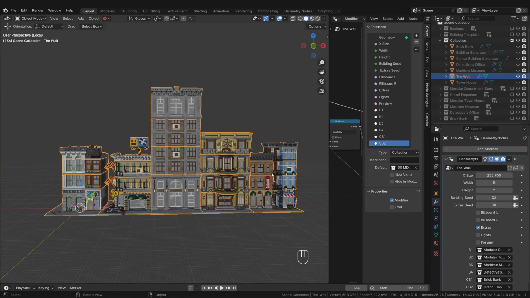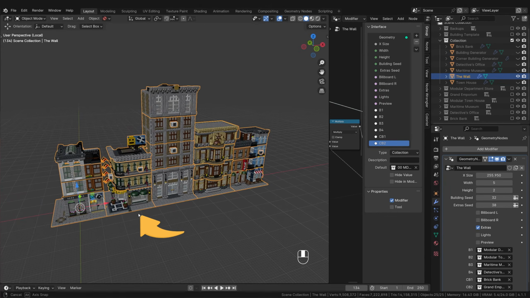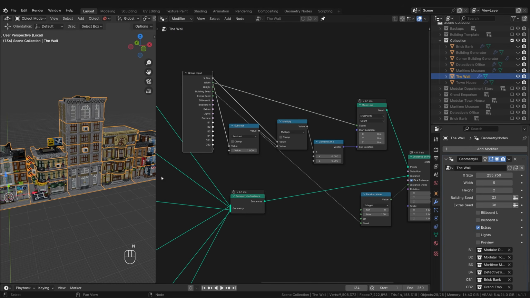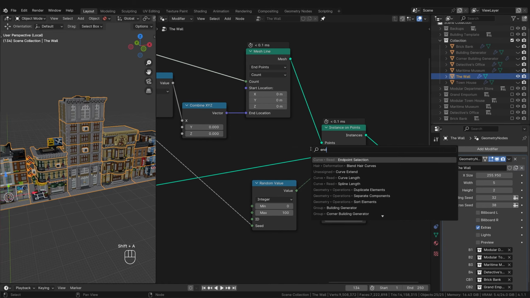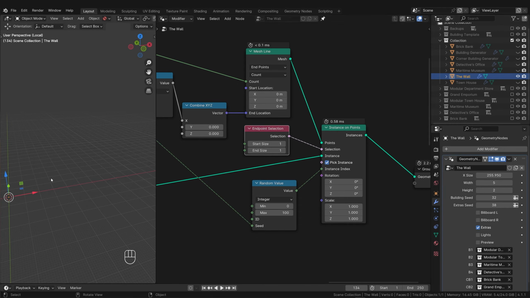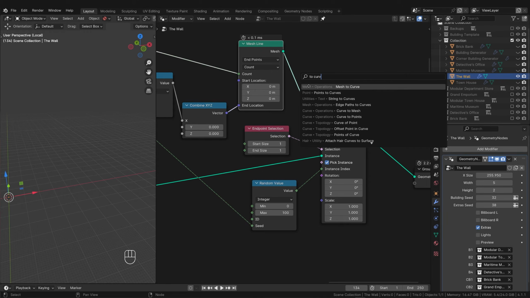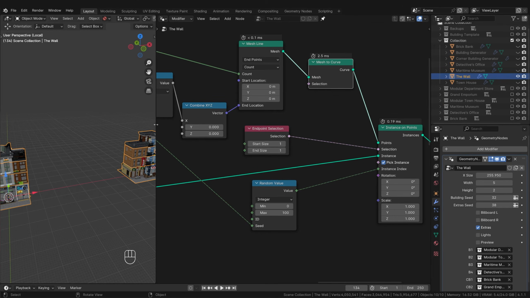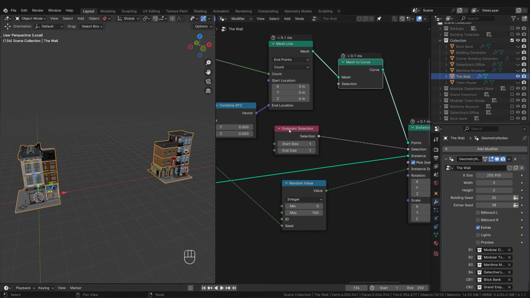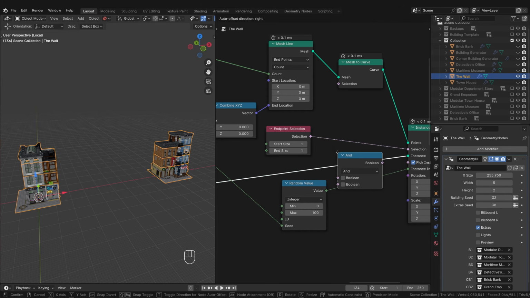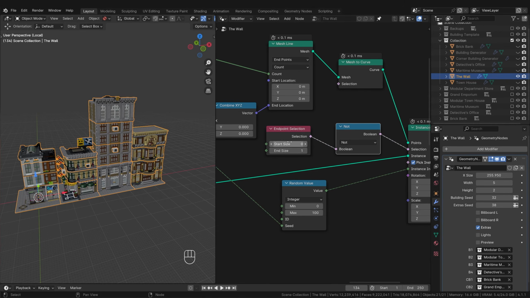That looks pretty good, but what is of course still noticeable is that the corner building in the middle of the row makes very little sense. It would be more correct if it only appeared on the outside. We can do this using the selection input and an endpoint selection node. However, this only works if the points are on a curve and not on a mesh, as is the case now. So let's add a mesh to curve node here. Now we can use the start and end size to display only the first and last points, or if we put a Boolean math node that is set to not in between, all points except the first and last ones. Let's set 1 for the start size and 0 for the end size.